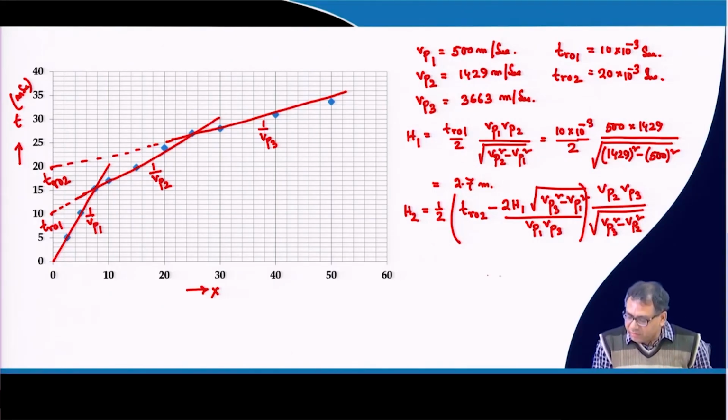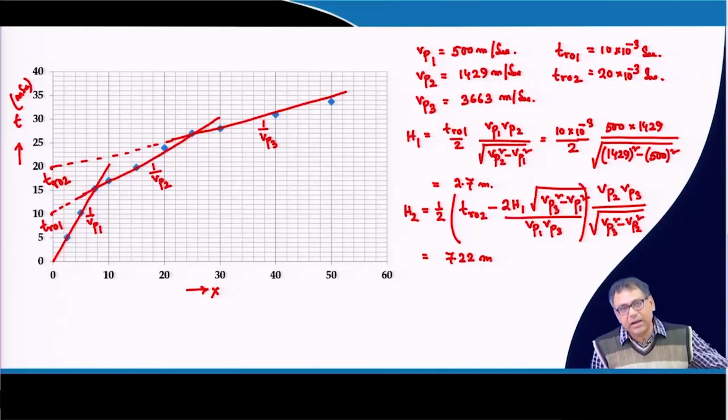So, if I know all these values, and I know H1 also, if I put these values, I will get 7.22 meter. So, this way I can determine the thickness of the layer as well as the velocity of the